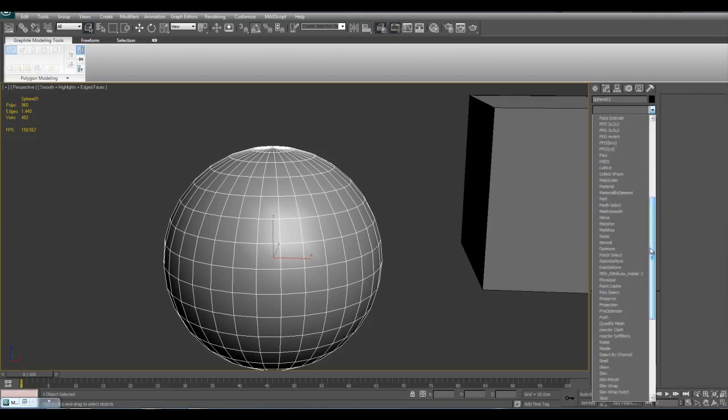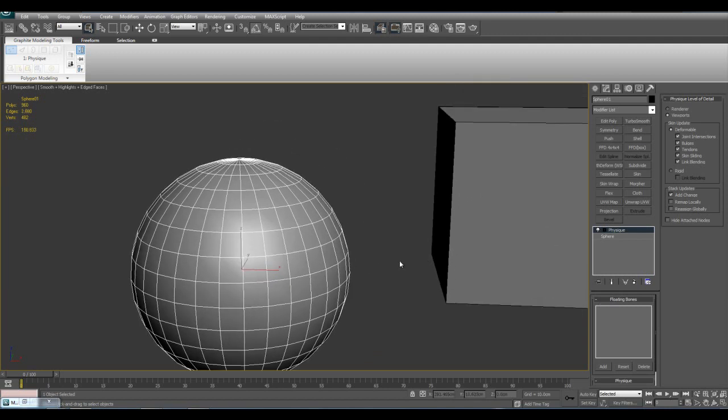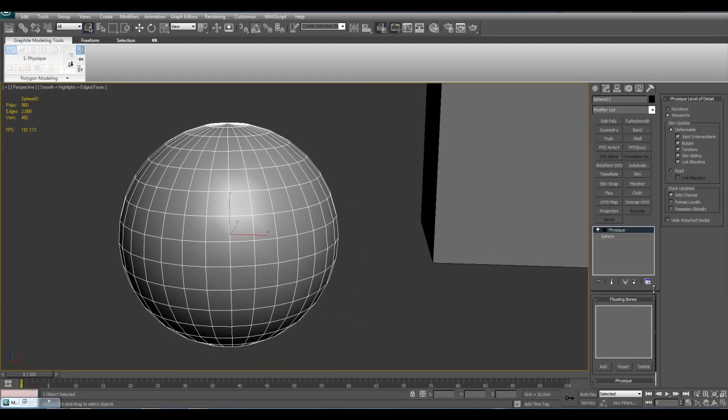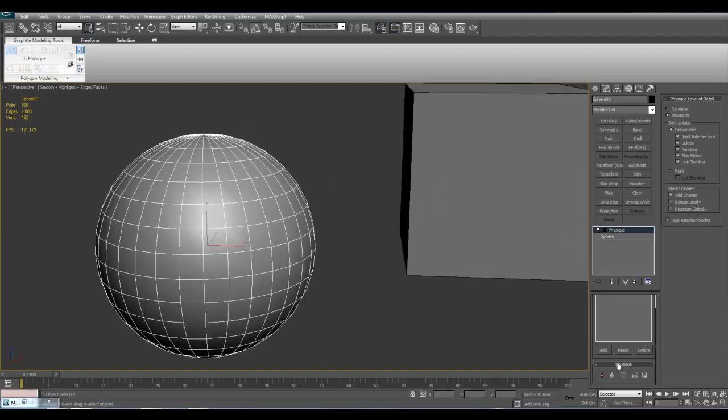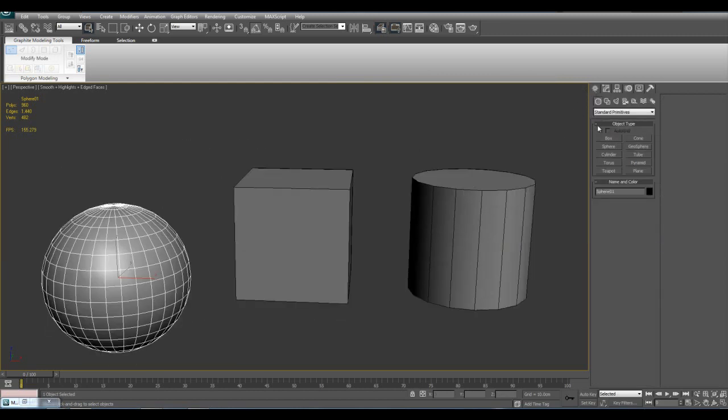Next we have the Physique Modifier. This is kind of an old, kind of outdated modifier. A better way of doing this would be using the Skin Modifier, but the Physique Modifier basically allows you to skin a character to a pre-made bone system. And I think the bone system is located, if you go here, let me see, under helpers